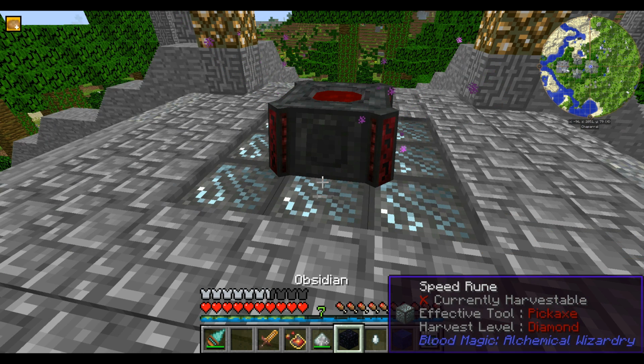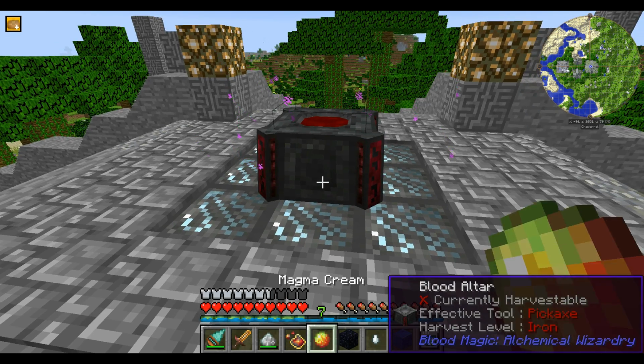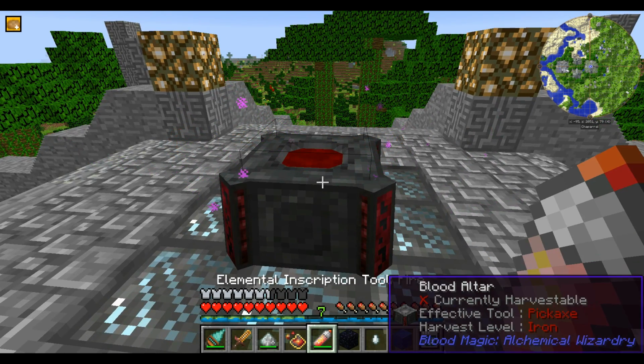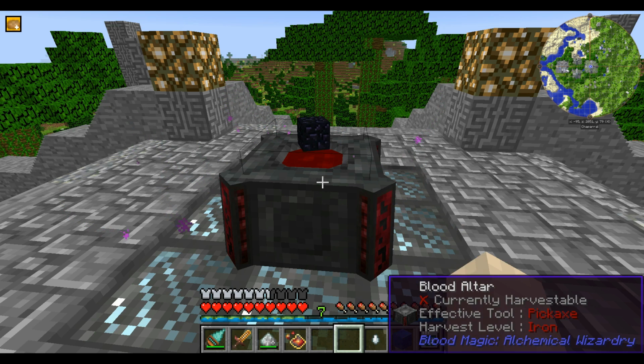In fact, let's put some of this stuff in here, because I've got some other stuff that I'm wanting to do at the same time. So that's going to go in there just now. So one magma cream is going to give us an inscription tool, the elemental inscription tool of fire. Then a bit of obsidian